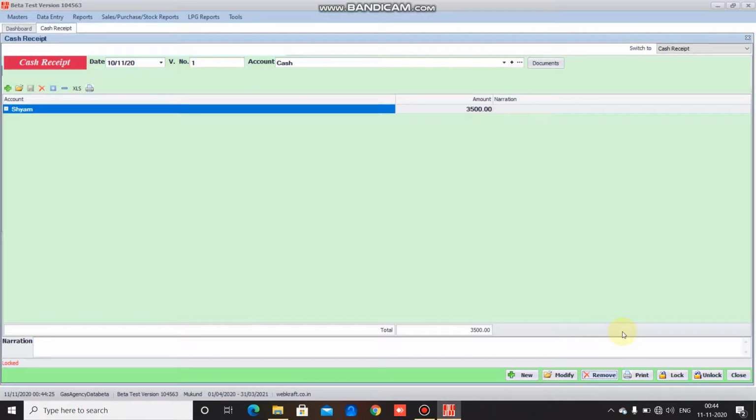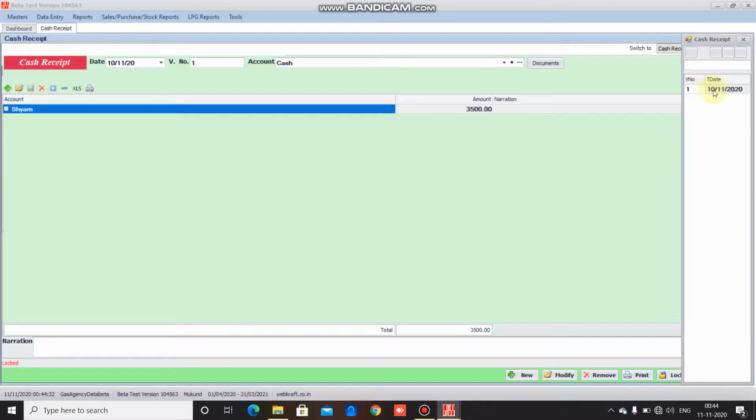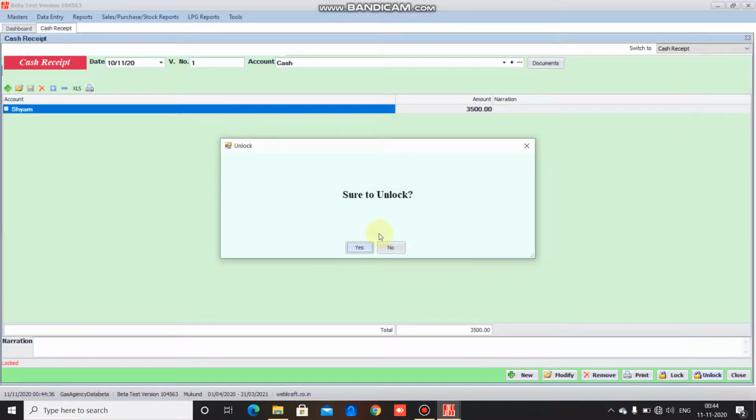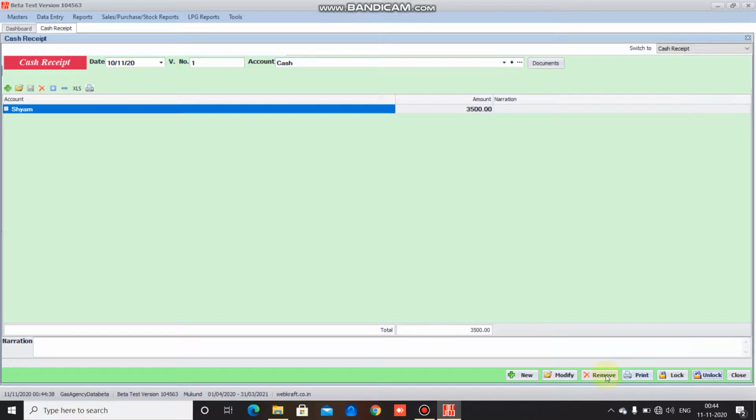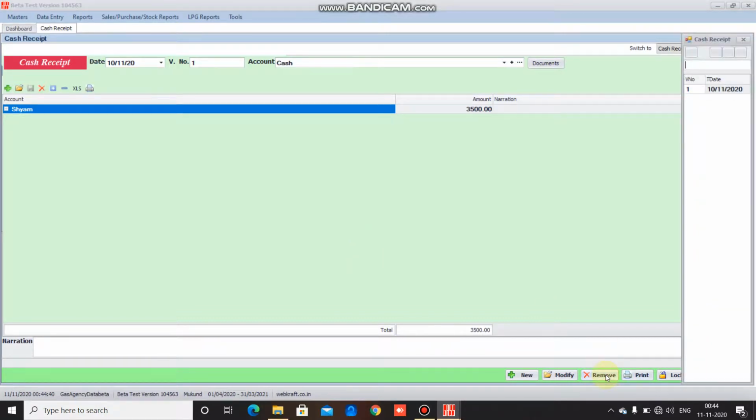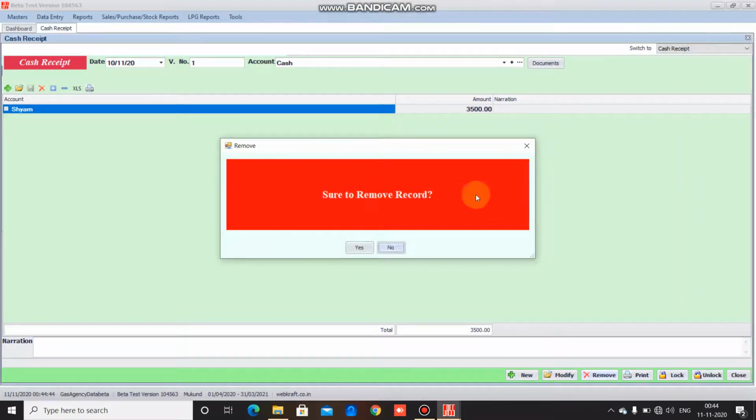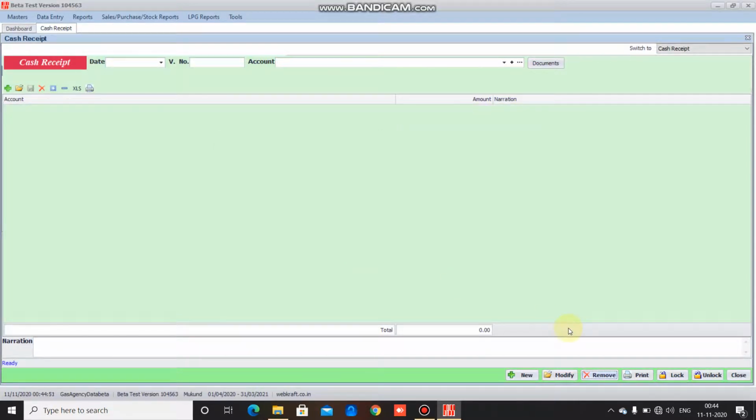So similarly, but still if we want to remove this particular entry, first we will have to unlock this particular entry. We click button unlock, double click over here, sure to unlock, yes, we unlock here, and then we click remove button, double click, and sure to remove, then the record will be removed. Then we say yes.